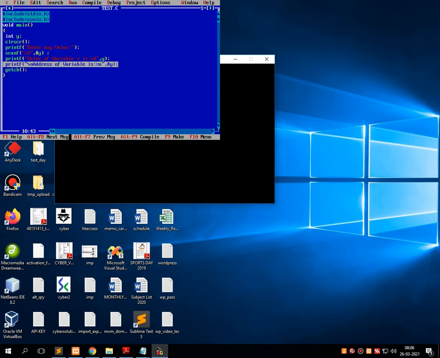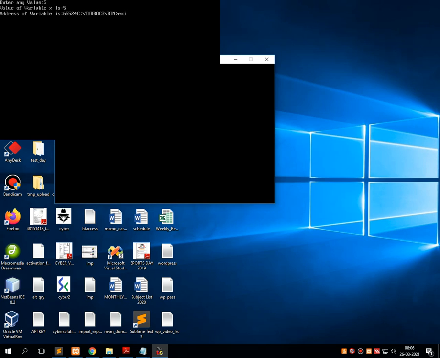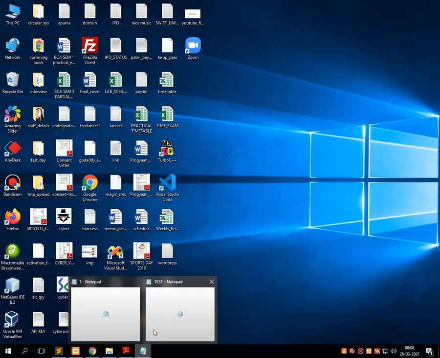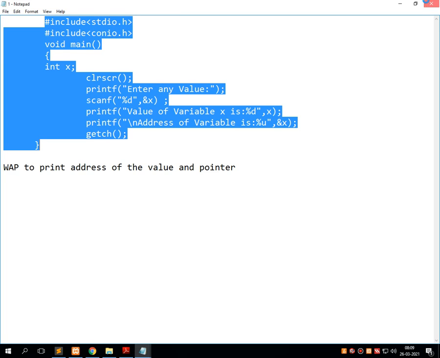Just one thing that we have to keep in our mind in this particular program is that this %u prints the address, and even it displays the address value onto the screen. Now let's go ahead for another program. Next program is